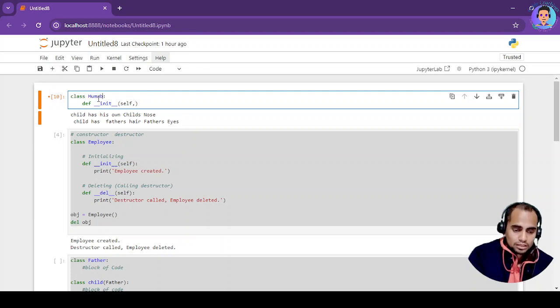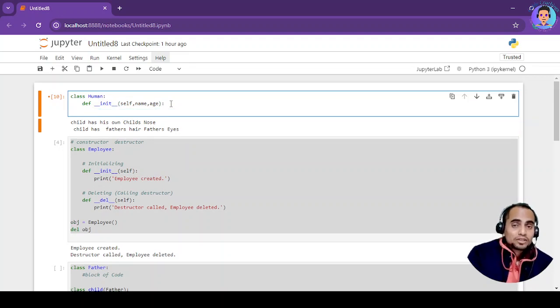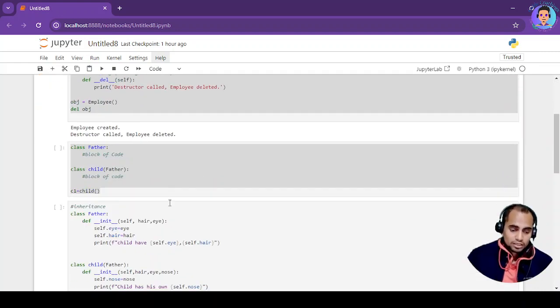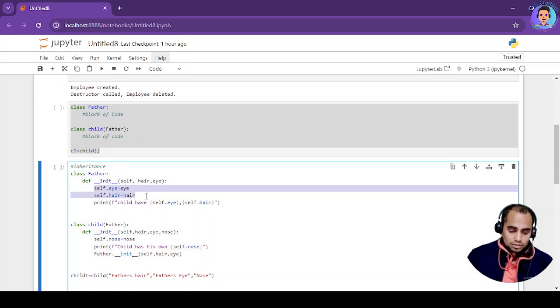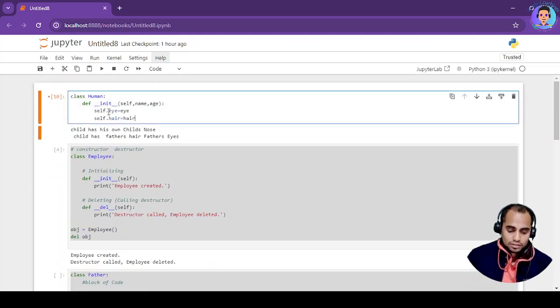having a human class. Okay, human is the super class of any employee. So self, employee, then every human will have a name, and every human will have an age. These are the two parameters which we will be taking, and then we will write the initialization process the way we have initialized it. I will just copy this and paste it over here to save some time. Now I will change this name over here, and age over here.